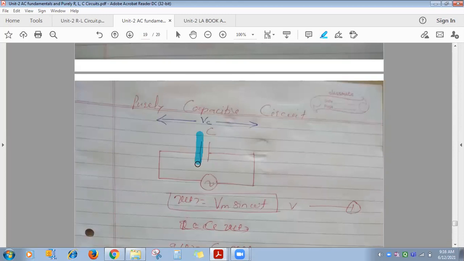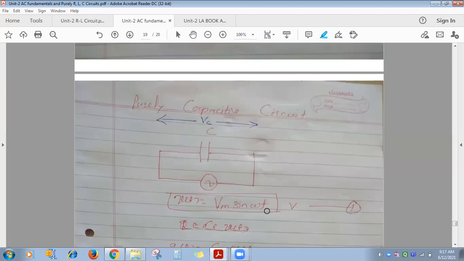A capacitor is what? Two metallic plates separated by a dielectric medium like paper and mica is the capacitor. Capacitance is denoted by the symbol capital C. Whenever you want to represent it in an electric or electronic circuit, you can use this symbol for a capacitor. The unit for capacitance is farad. It has the ability to store charge. The charge of a capacitor formula is Q is equal to CV.